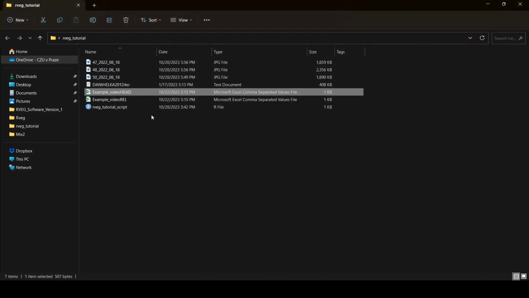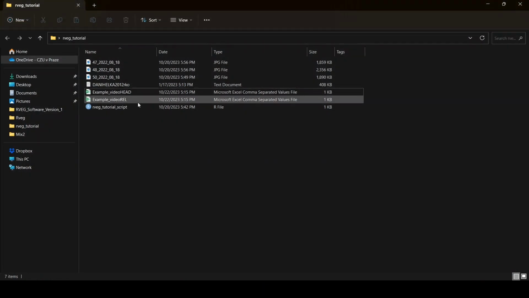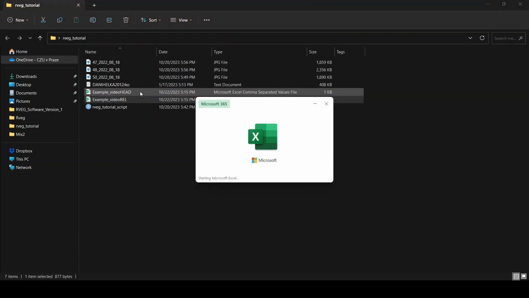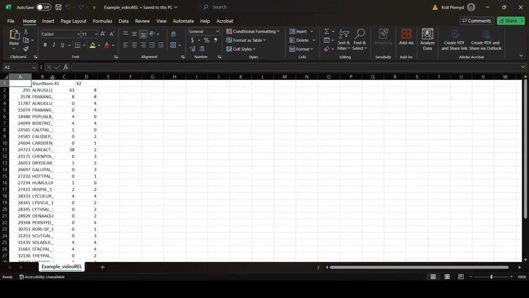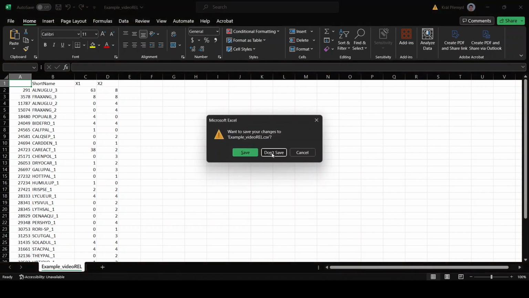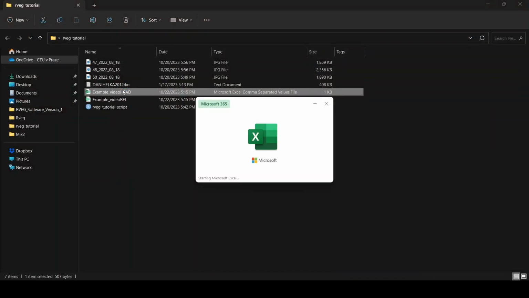For example, Microsoft Excel can change the separator automatically to the one that is native to your operating system. But if your native separator is comma, it should work. So we can try now to edit the header value here.